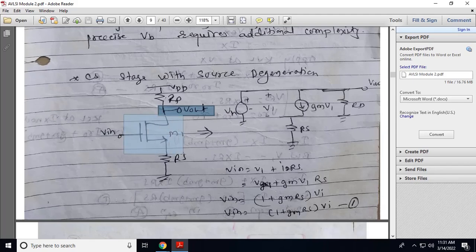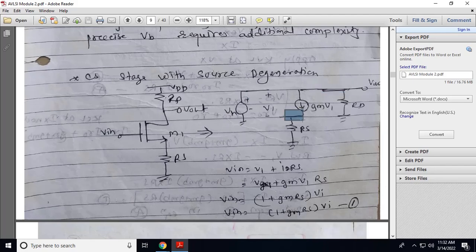So to draw the small signal model, the transistor is replaced by a current source that depends on voltage, that is GM into V1. Make VDD ground. Okay, so this is the input signal. Voltage between gate and source is V1. RS. ID is represented by the voltage dependent current source GM into this V1, that is VGS, and RD, one terminal is connected to the drain and one is connected to the ground. So this is the gate terminal of the transistor, this is the drain, and this one is the source.